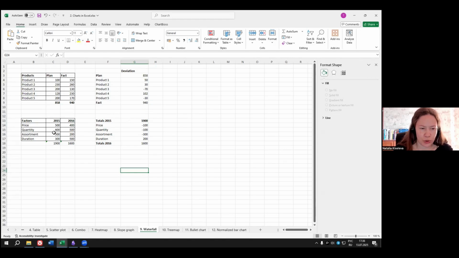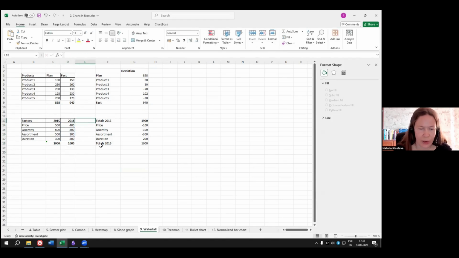How should we do it? First of all, we should select all the factors for 15 years and make an auto sum. That's it. So we will have this amount under here. Again, we should select this data for all these factors and their influence, how they will influence our profit, and push auto sum. And we will have this digit under the table, which is just the sum of these 4